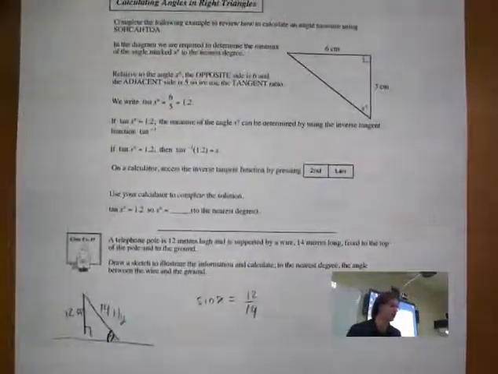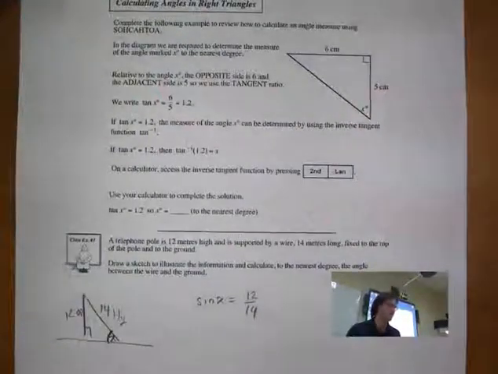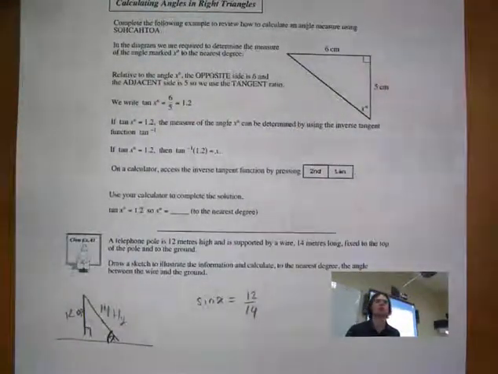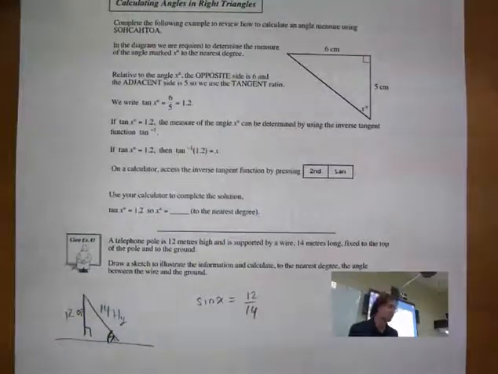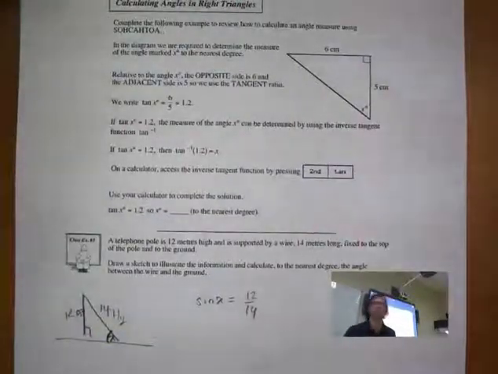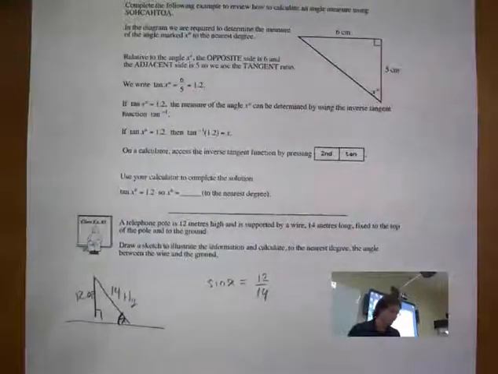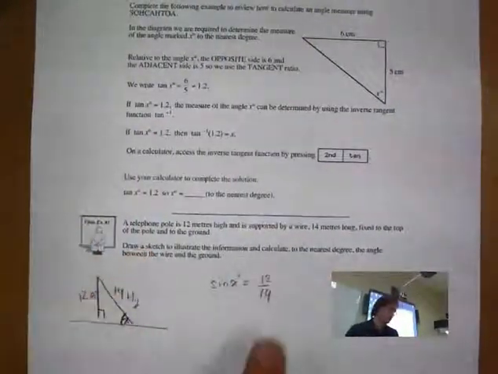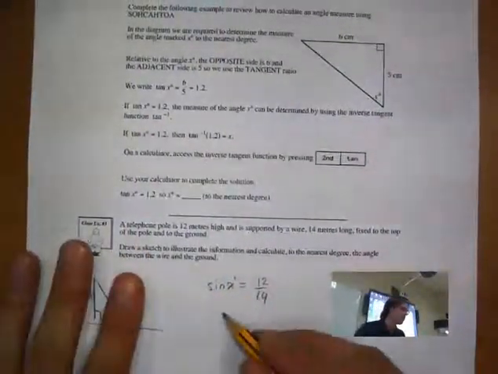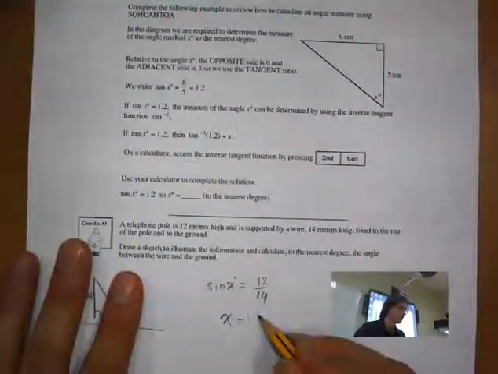I go back up here to SOHCAHTOA. I know opposite and hypotenuse. The only one is SO. I can't use cosine because I need to know the adjacent, which I do not know. I can't use tangent because I need to know the adjacent and the opposite. So I have to use sine. Now, take a look at this. This is just to find my ratio, but I want to find the angle. So then x is equal to